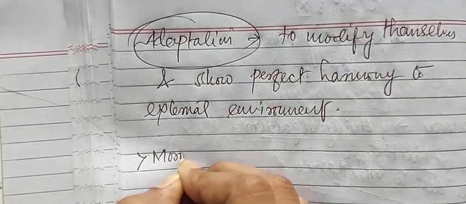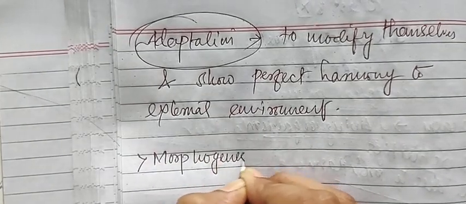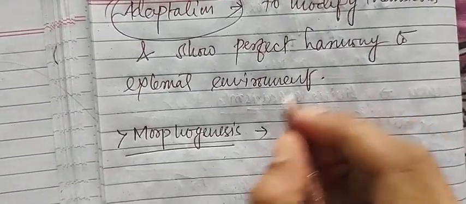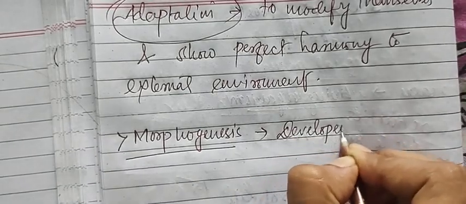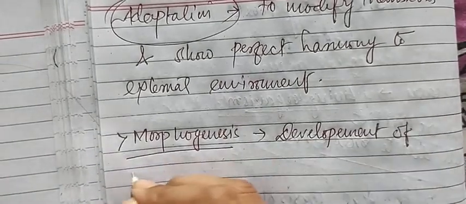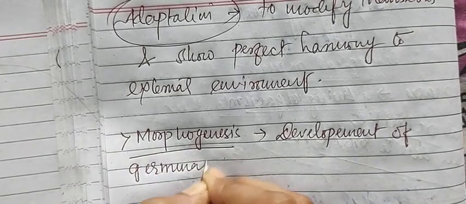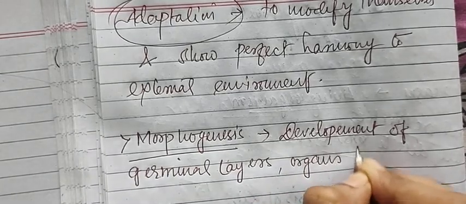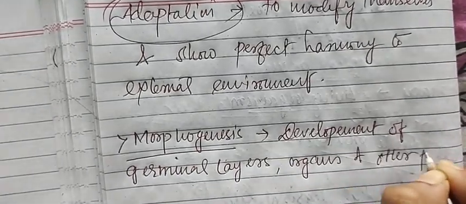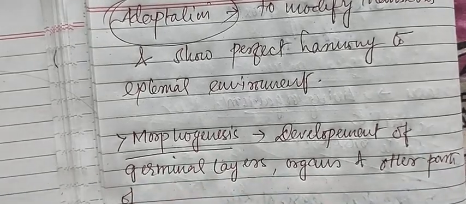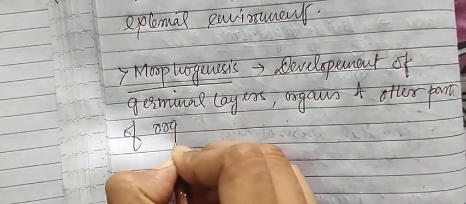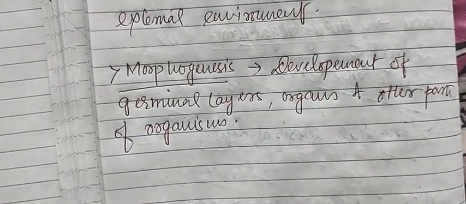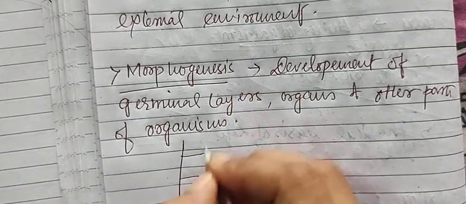The last one is morphogenesis. What is the meaning of morphogenesis? Morphogenesis means the development of the germinal layer, organs and other parts of organisms. So this is the basic thing, that in our body a total of 3 layers are there: